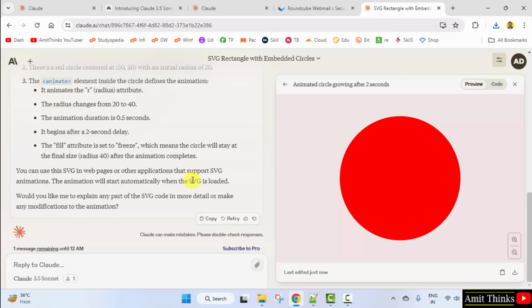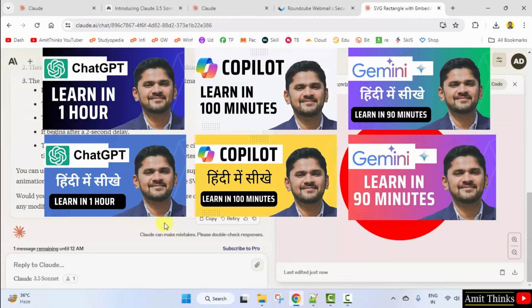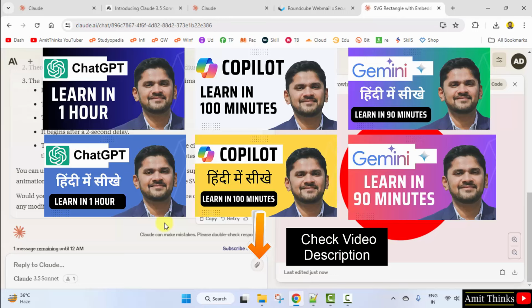So guys, we saw how we can easily get some live demo of Claude AI. You can see that the free version is quite limited. If you still don't want such errors, you can go to new chat and click here, but your messages are still limited. Guys, if you want all such features related to image generation, analyzing PDFs, Excel files, Word documents, then you can easily refer to the free versions of Google Gemini and Microsoft Copilot. You can refer to the links in the description of this video to get the free